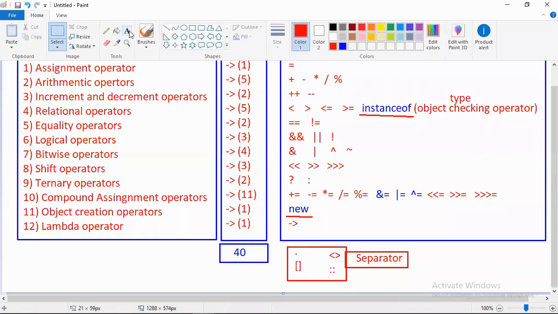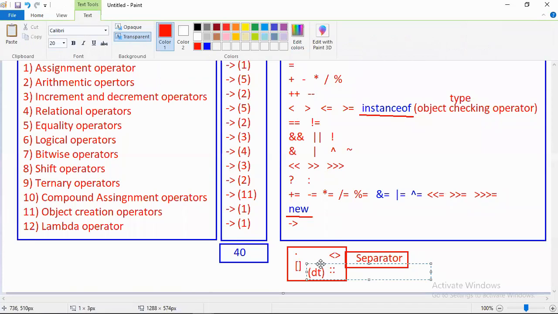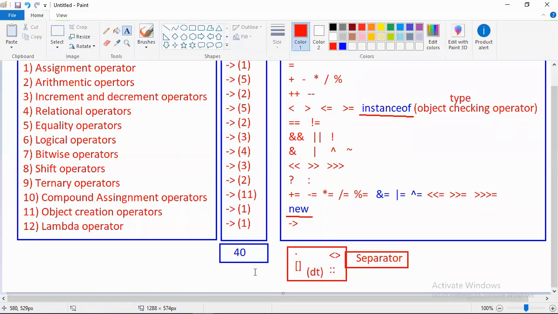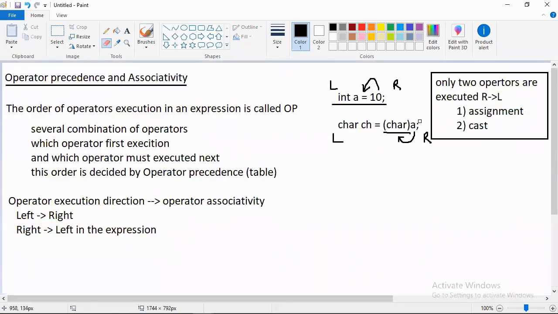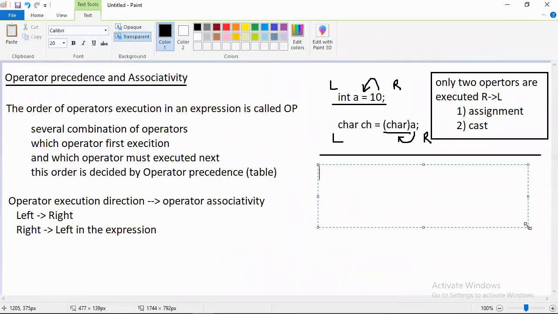Now tell me, we should also include the round brackets with the data type under the operators list. Totally how many operators came now? 45 operators. As per pronunciation we got 45 operators in total, but as per the Sun Microsystems documents we have only 40 operators. As per programming pronunciation, some of the separators are also used as operators, totally 45. So don't get confused. Now come to the story. All the remaining 39 operators are executed left to right.